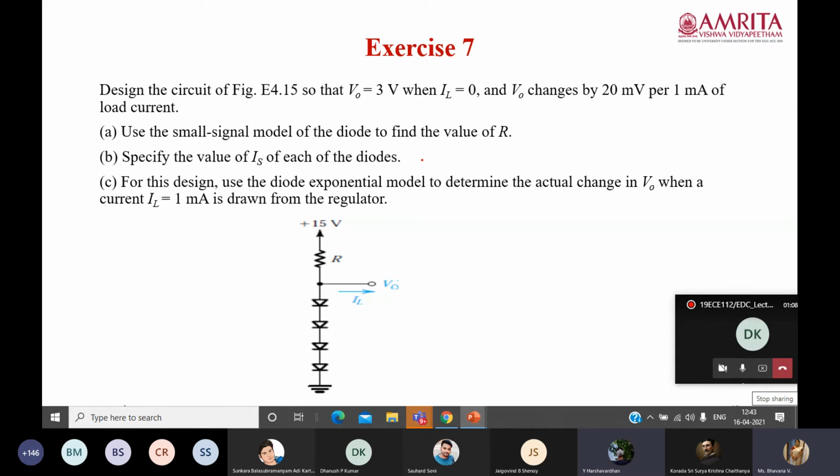Ma'am, even this topic, models, is coming for quiz, right? Yes, it is there, including models, starting from review of semiconductor basics. Whatever I have taught you with the PPT, only that you can go through. That will be sufficient. I have shared the PPT also, just to go through that.